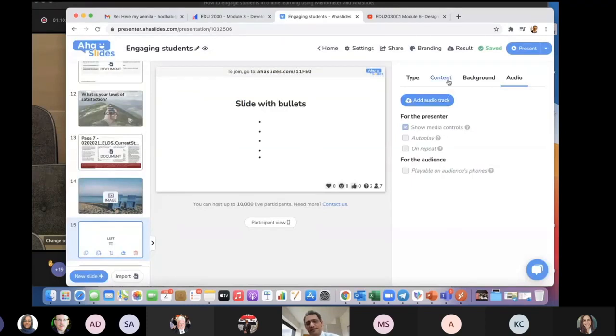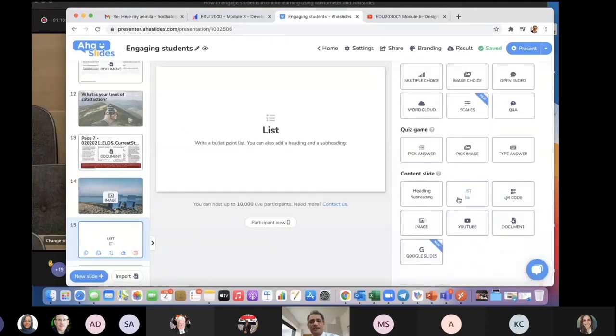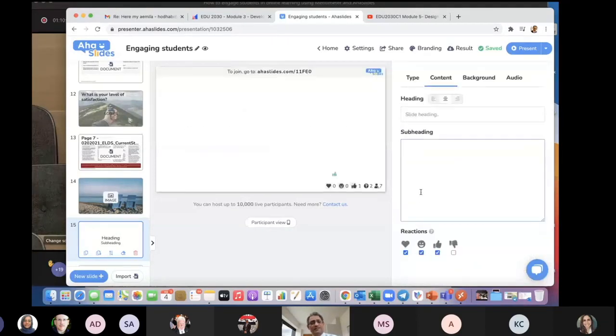So you can add a list. You can add a heading and subheading. For example, you have just a heading and some text down. This is a slide you can add with no issue. So I want to say anything here,